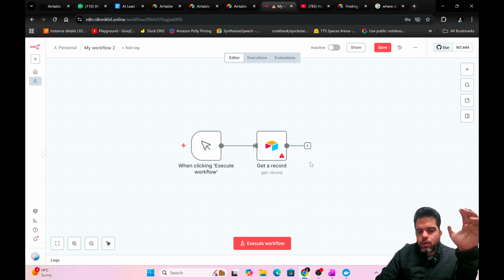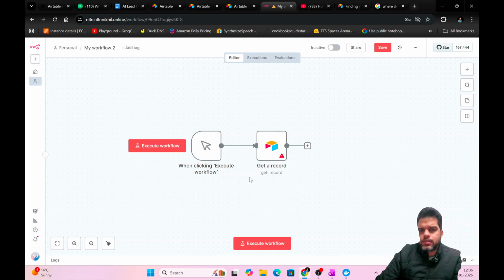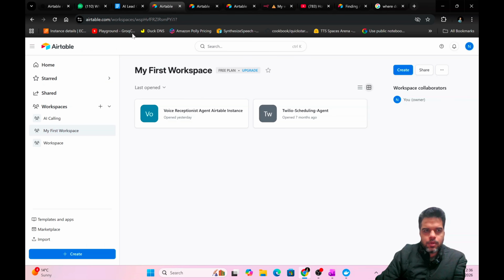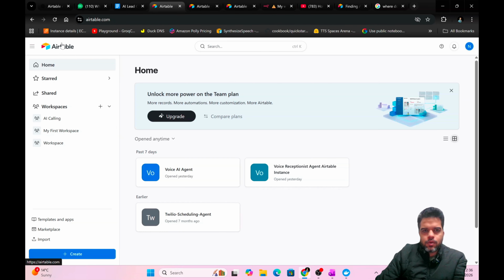Alright, so today we look at how this Airtable node works and how we connect our Airtable account to n8n. So let's get started. The first thing that we need to do here is go to Airtable, just log in to your account,